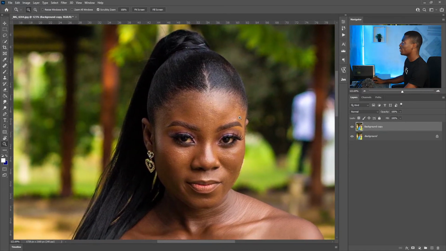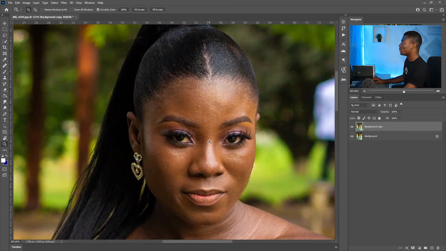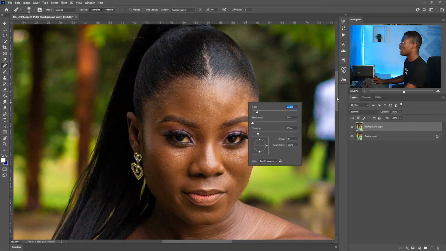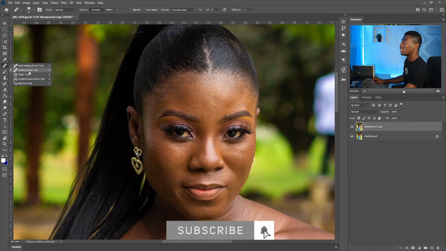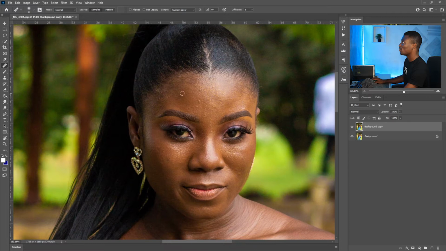So once I have this, luckily for me, she has done a nice makeup, so I don't really have so many blemishes to work with, but I'm still going to be grabbing the spot healing brush tool or the healing brush tool. I prefer using the healing brush tool. So what I'll do is I'll hold down the Alt key and sample a clean area,